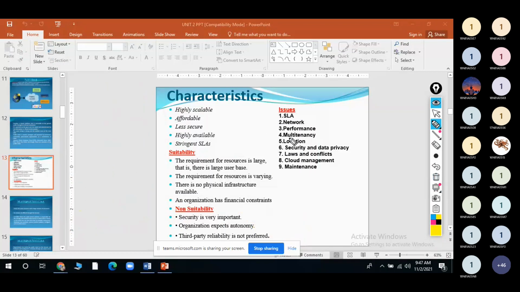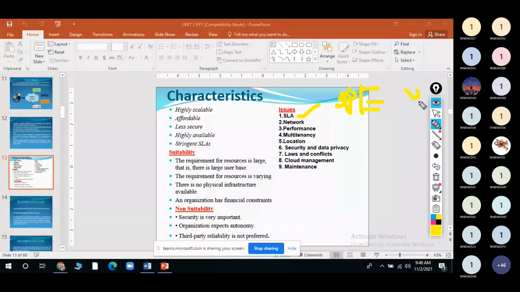So what are the issues with this? Okay, SLA, service level agreement. SLA means whenever there are rules, right, terms and conditions or privacy. Whenever the service provider says that I will be providing all these services, and the user accepts those terms and conditions.